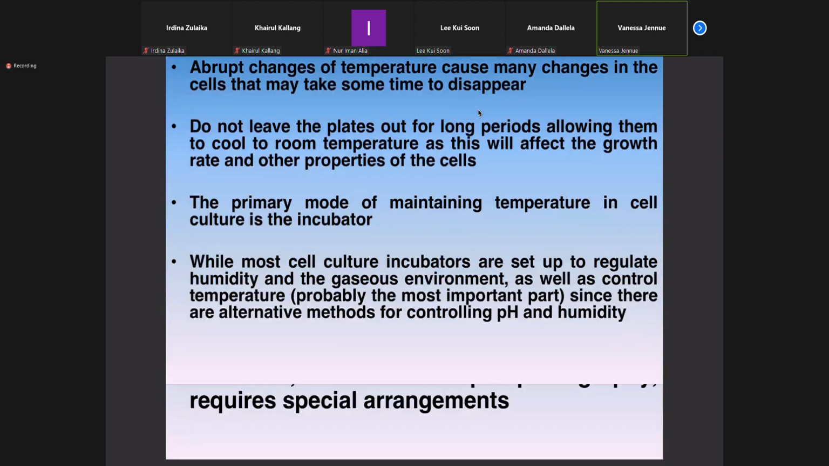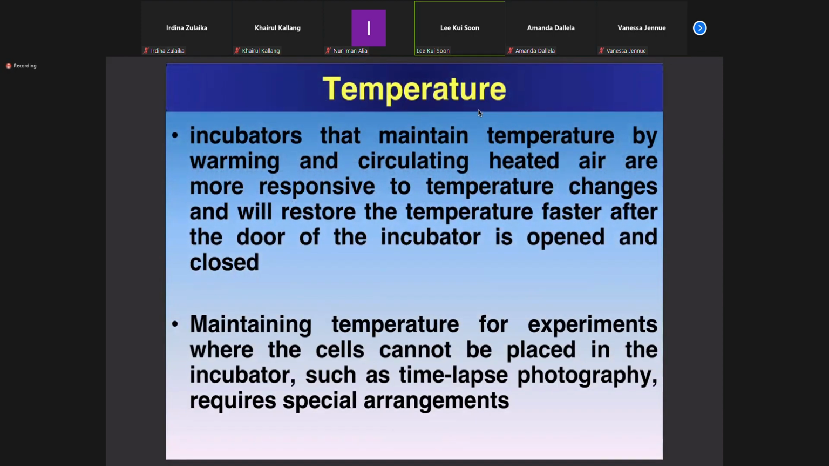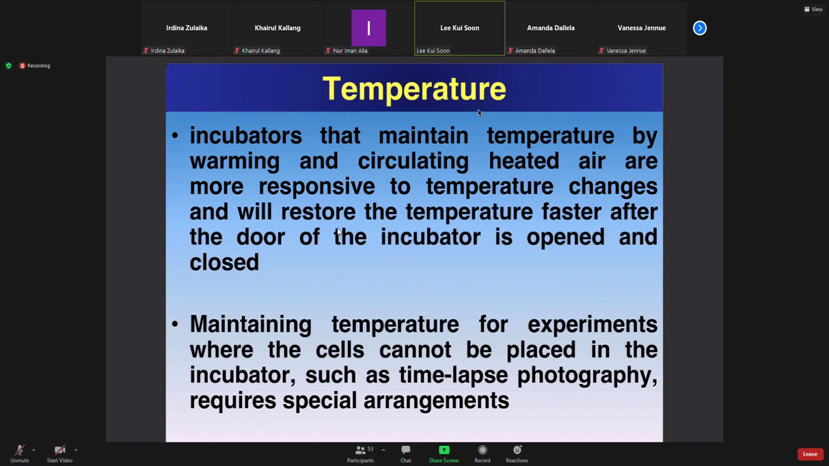Okay, good. So the incubator that maintains temperature by warming or circulating heat is more responsive to temperature changes and will restore the temperature faster after the door of the incubator is opened and closed. So when you open the door of the incubator, make sure that you don't leave it open too long. You only take the culture that you need and then close it immediately after you take the culture out for other manipulations, okay, and never ever leave it open for too long, because the temperature